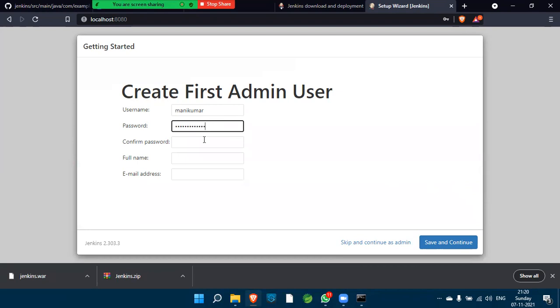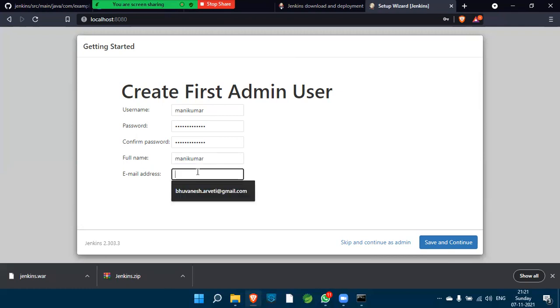Choose your own username and password. Here, I will take my full name as the username, not an issue. For the email address, give any email, not an issue.